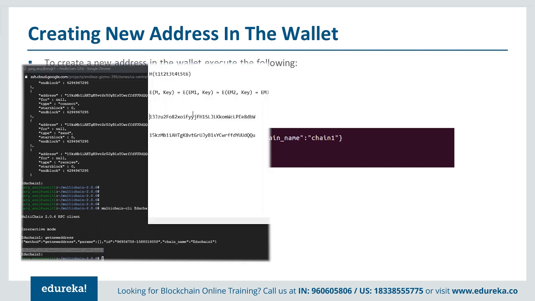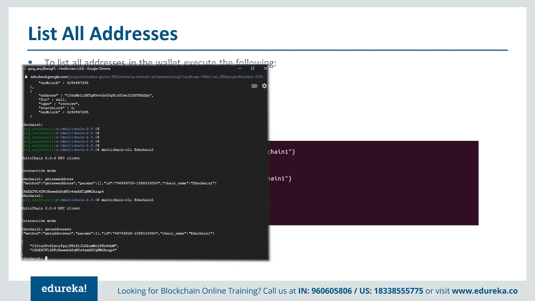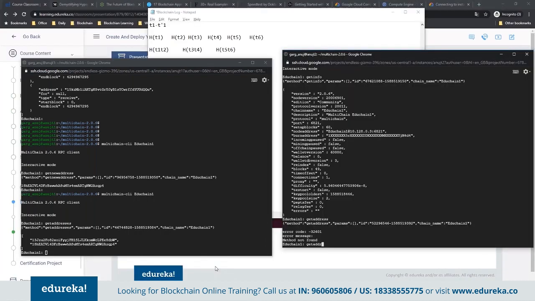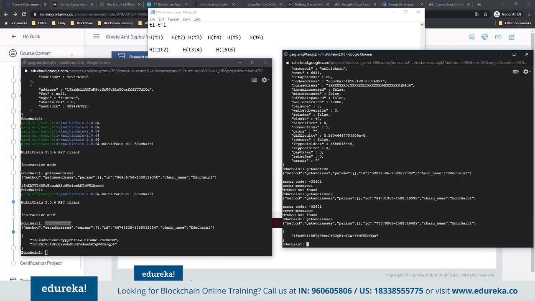This is my original address, and then I have this new address as well. I can see both addresses by using the command get addresses. So get addresses, here it will show two addresses, and here it will show only one address. So this is my address, and these two are this node's address.